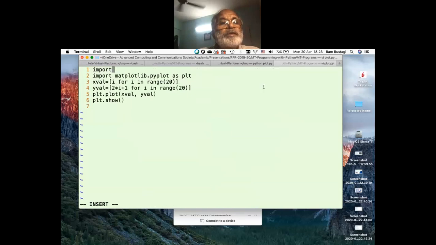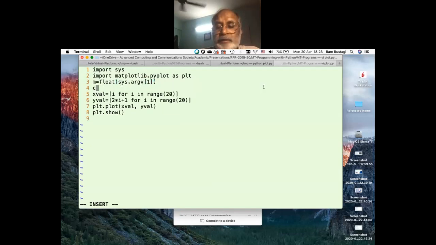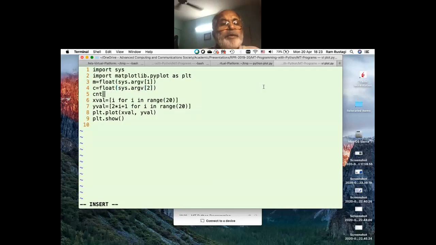I would say import sys, and then M is the first argument, or actually it could be float. Y should be int, it could be anything. Float, sys.argv[1]. Then C is a constant, which is another float, sys.argv[2], and number of points should be int,